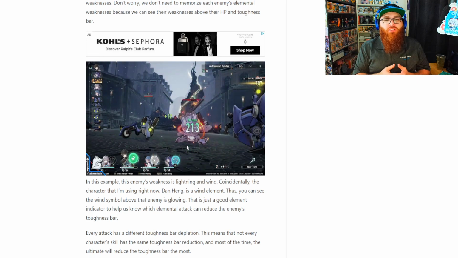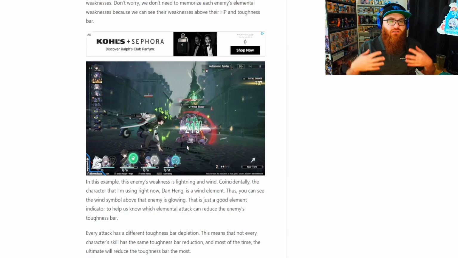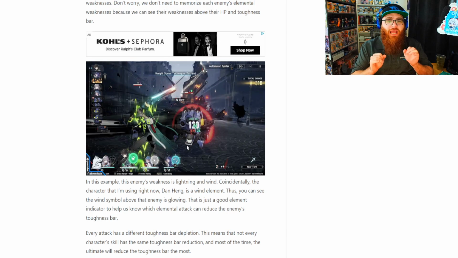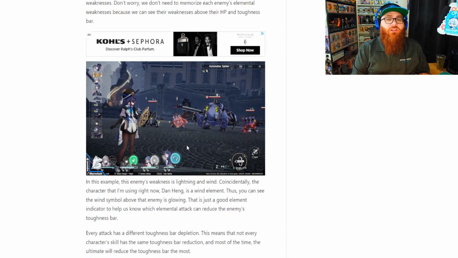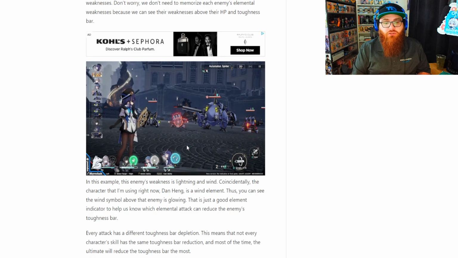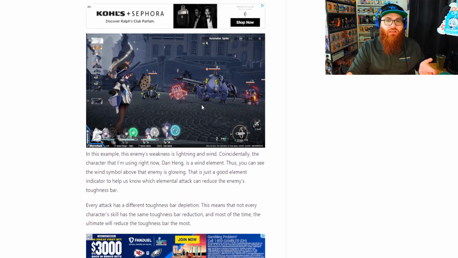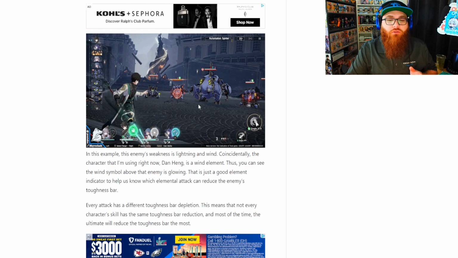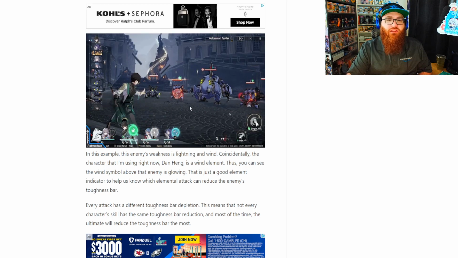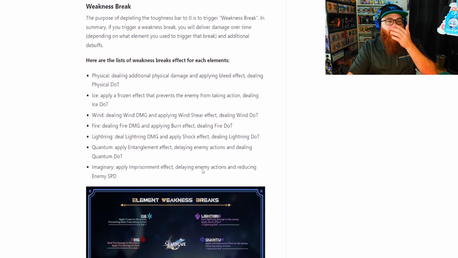So, as you can also see, he's using Danheng, I think. Sorry, I didn't really use him too much in the beta myself. But Danheng here actually is a Wind character, which means that he's going to do more damage. And as you could see with the shield, you see what's called a shield break, or as they're explaining it here, a toughness break. Now, the toughness break is important because you're going to do more damage depending on the element that you used to break their toughness. And this is extremely